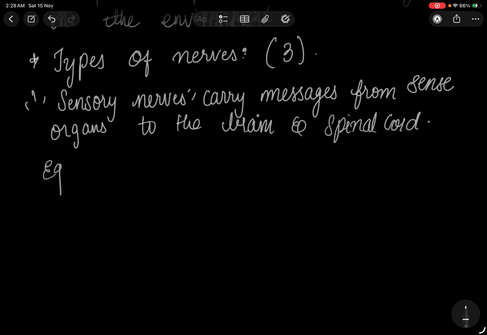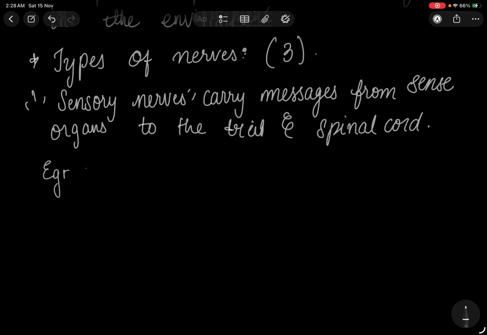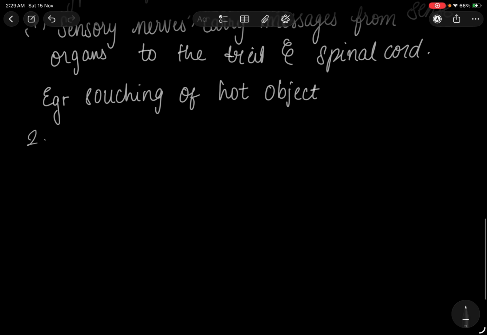Let us see one example for this. Touching of a hot object. When you touch the hot object, our brain says to remove your hand. So this is the sensory nerve. Second is